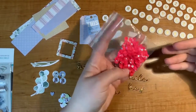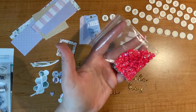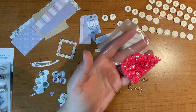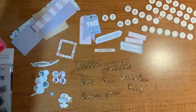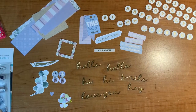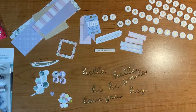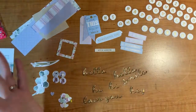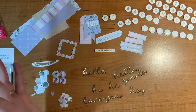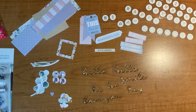They're very generous with the amount of sequins that they provide in the kits. So I always have leftover. Even if I put one on every card, multiple of them, I always have leftovers. So let's talk about what I am going to do with this now. I don't save the boxes because this isn't that much stuff to save a whole cardboard box. So what I do is I have